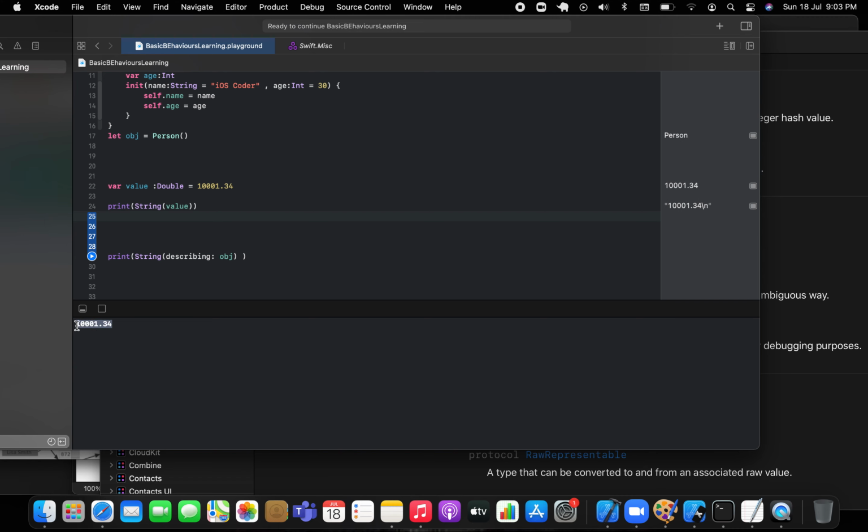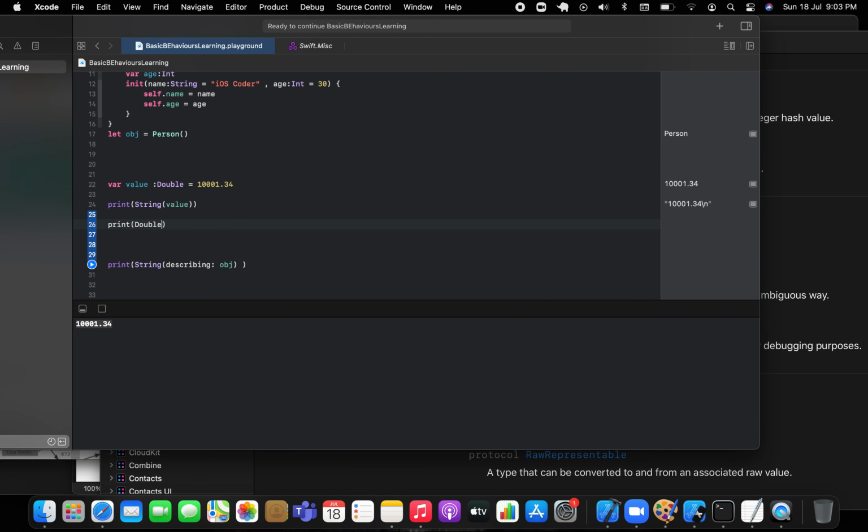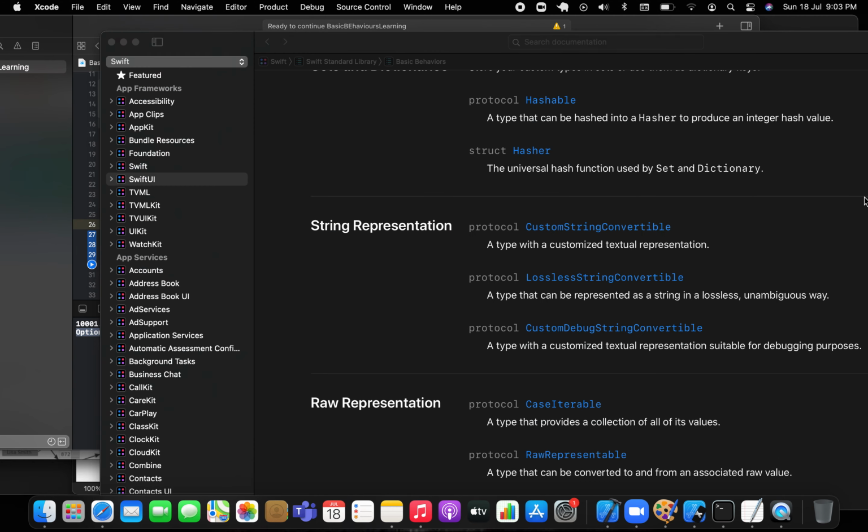So can you see it is coming like that? It is converted into the string, right? Because double is already loaded with LosslessStringConvertible, right? So whenever I want to reconvert this from string back to a value, I will print and say Double, and whatever value is there will convert into my double, right? If something is there, then only, and it will be optional, right? So if you will see